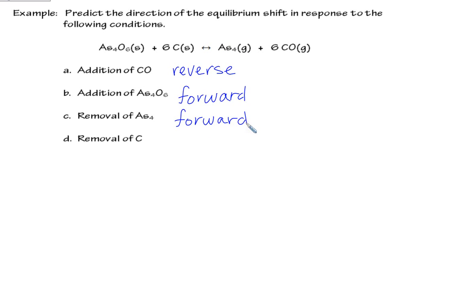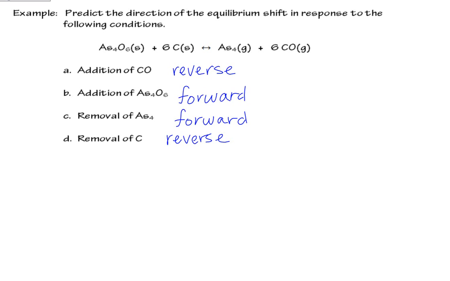Cool. If I remove something on the reactant side, let's say we remove carbon, again, we want 6 moles of carbon, so if I did something to reduce that, I'd want to try to bring it back to this ratio in the balanced equation. So we would shift reverse. That's not so bad, right? We're shifting toward whatever was removed.​